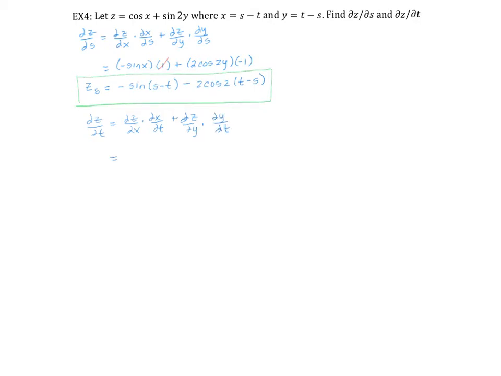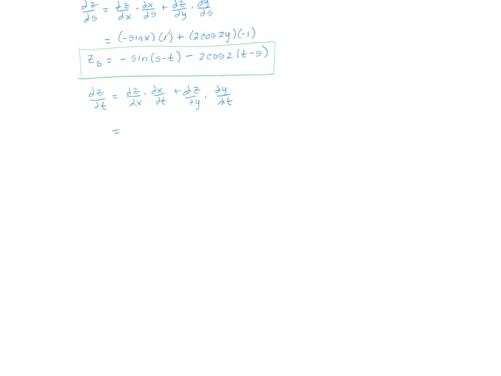And that would be equal to negative sine x times partial derivative of x with respect to t would be negative 1, so times negative 1, plus the partial derivative of z with respect to y is going to be negative 2 cosine, or positive 2 cosine y